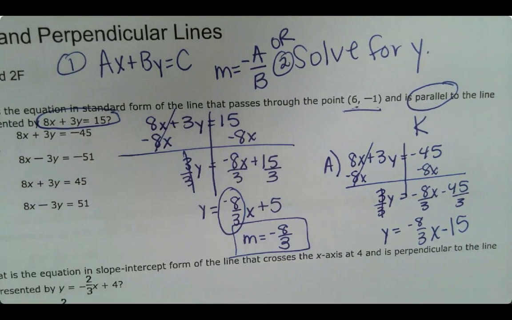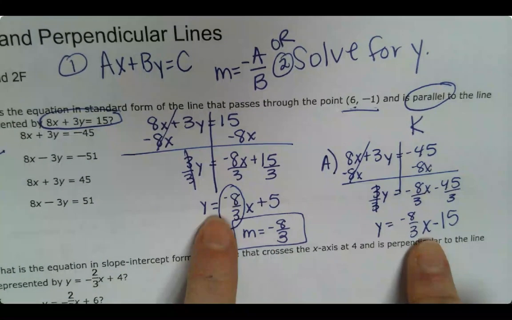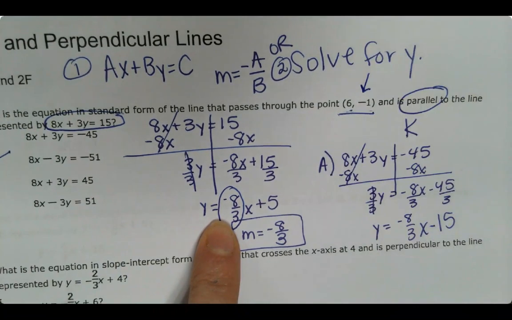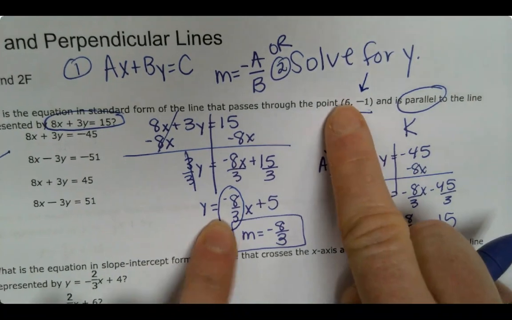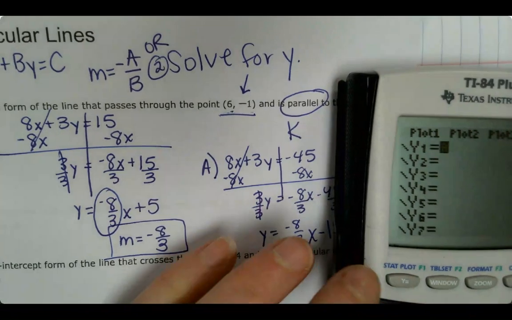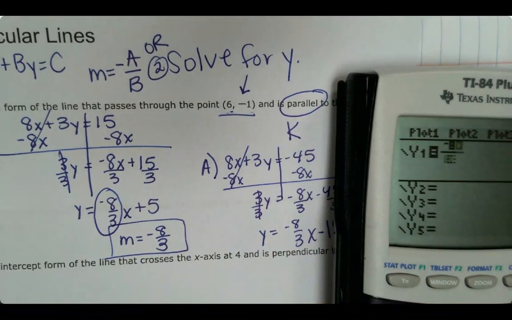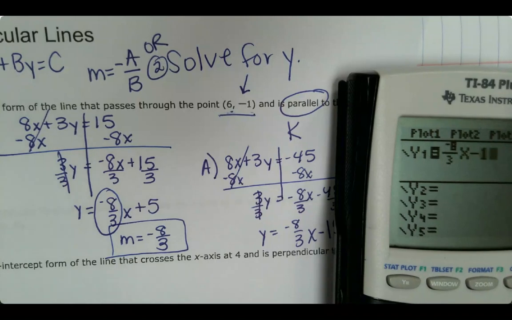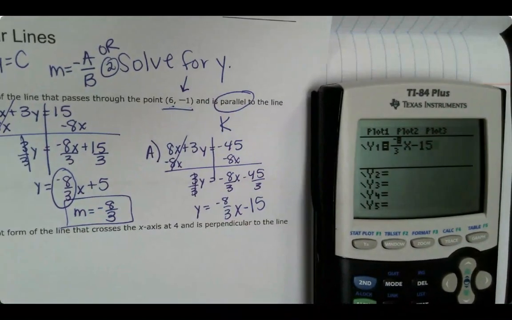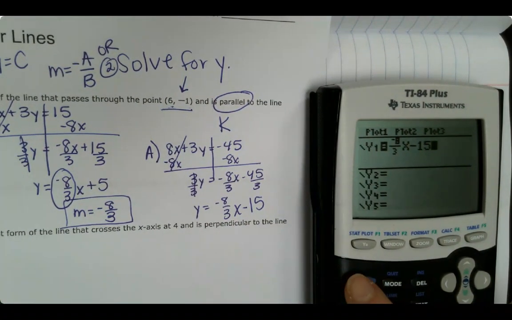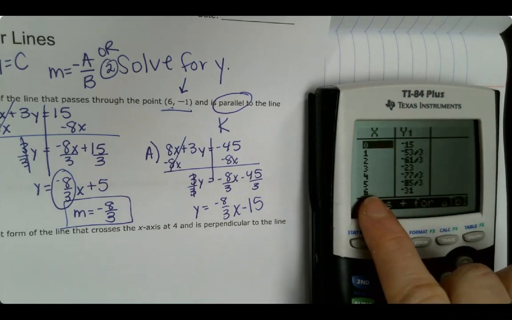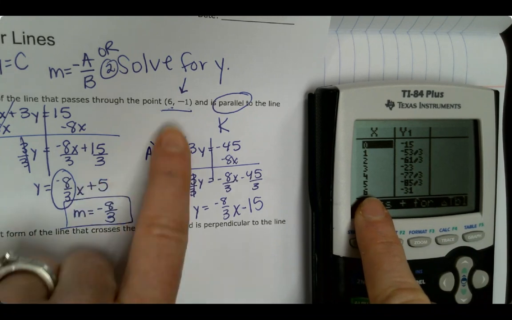So we want to see if this line, we know it's going to be parallel to this one because it's the same slope. We just want to see, does it go through this point? So we're going to put this into y equals and then look at the table of values. So get out your calculator and do that with me. Then go to your table, and I want to see if 6, negative 1 is on there. So if you look at the table, go where x is 6,